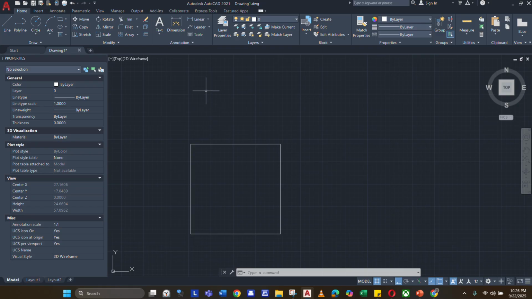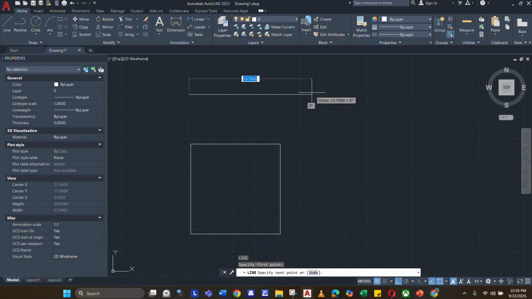So, I'm gonna type L and then enter or spacebar. And then I'm gonna left click on the start point and then move it towards the direction of where I want my line to be.